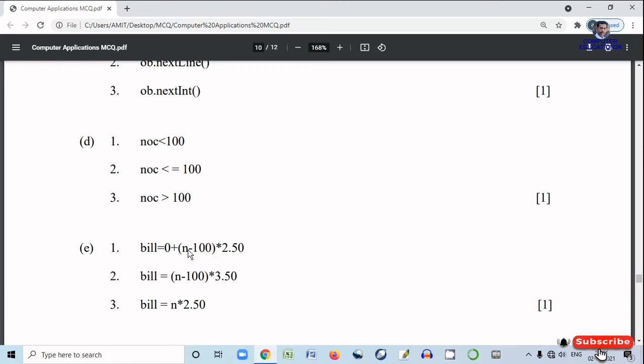So it will be 200 minus 100 into 2.50. But one thing is wrong over here, in place of N it should be NOC. Anyway, in E the answer is part 1.